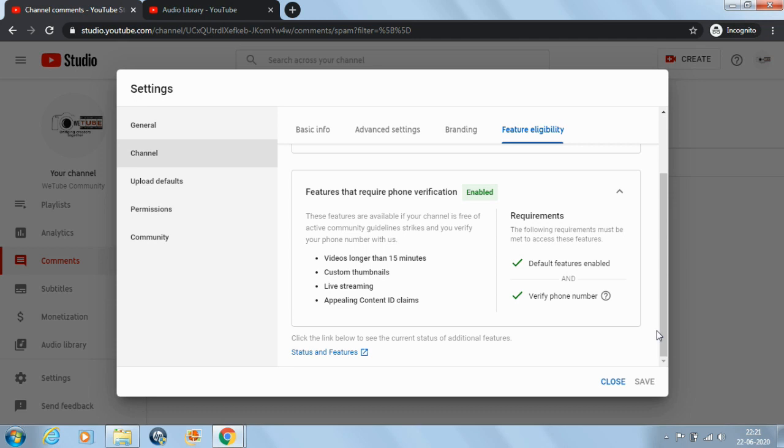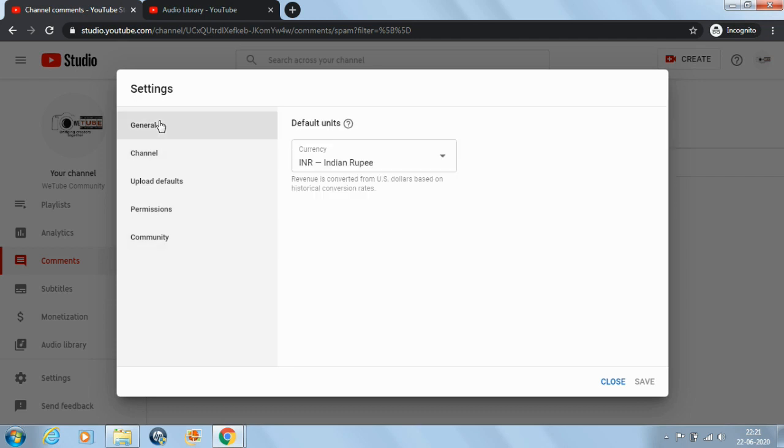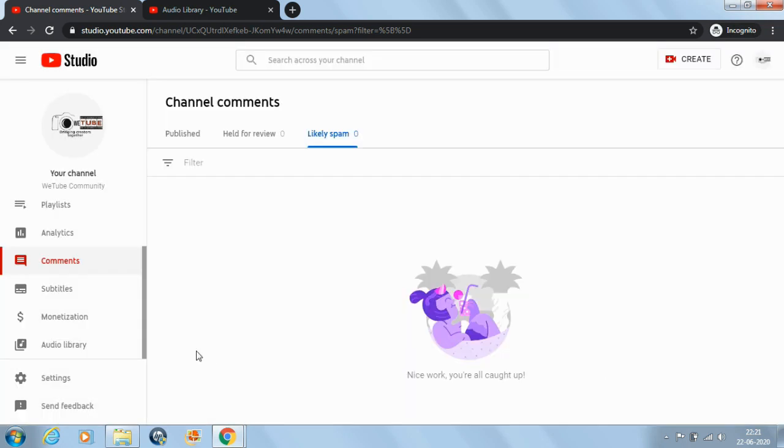And here we have general settings wherein you can select your denomination. In our case, we have selected INR, which is Indian National Rupee. So yes, these were some of the very important settings which we all must know. Like we can download free music, we can arrange subtitles, we can have control on our comment section, we can always take advantage and save time by having a short description ready in our basic settings.